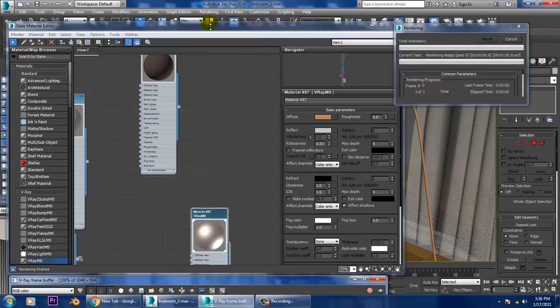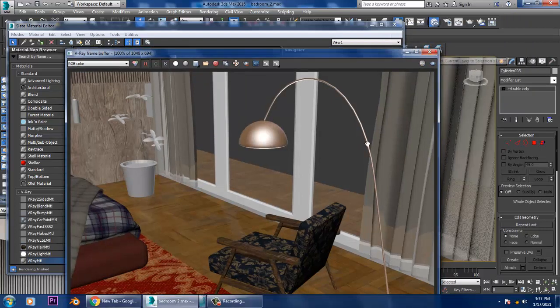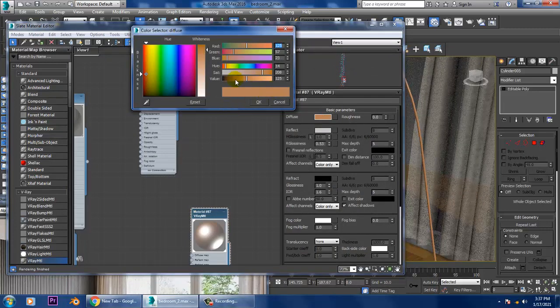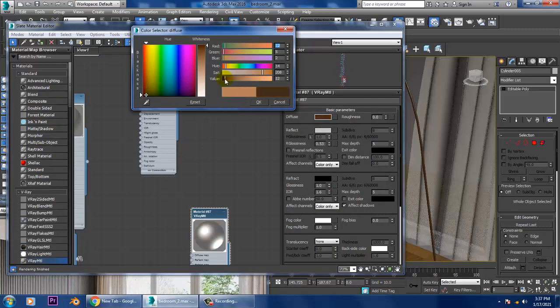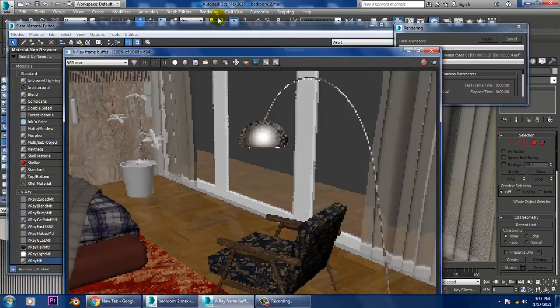Let's see. Much better. So we can push it towards a darker look. Okay, this also looks good.